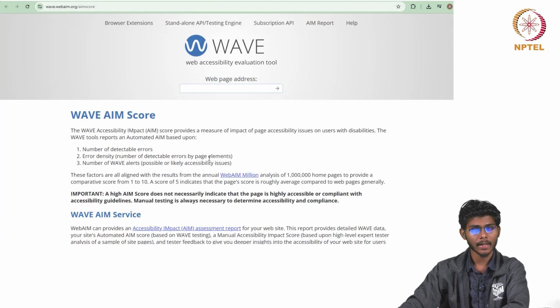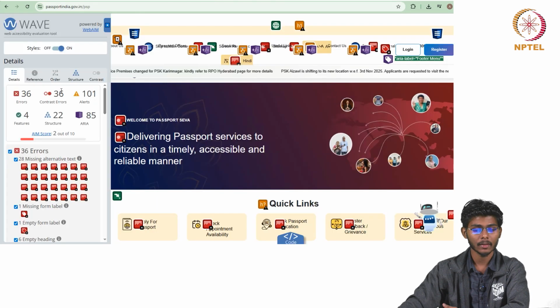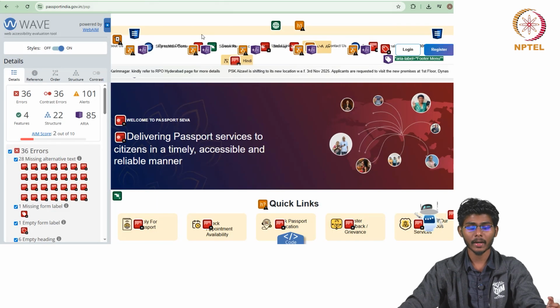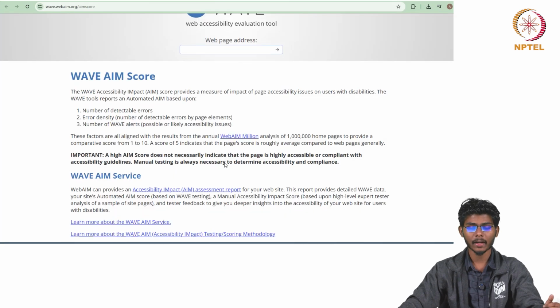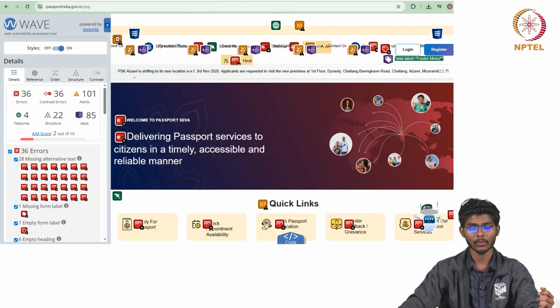If a website has a higher AIM score, it generally means the website is more accessible than any other website which has a lower AIM score.